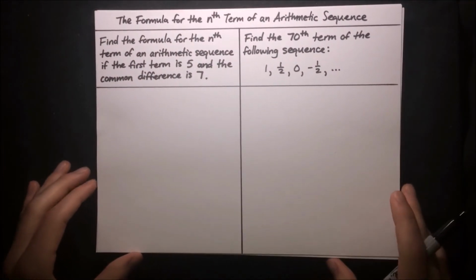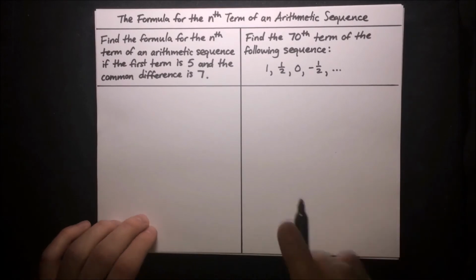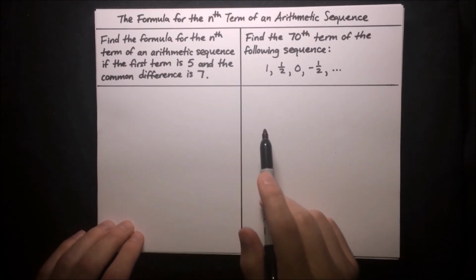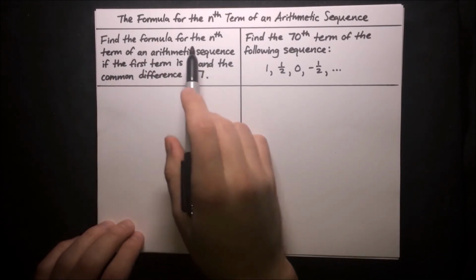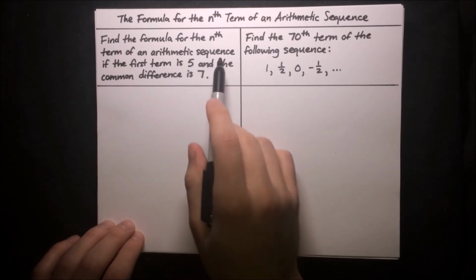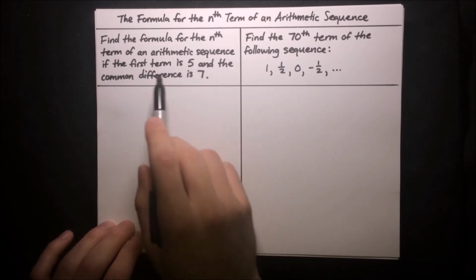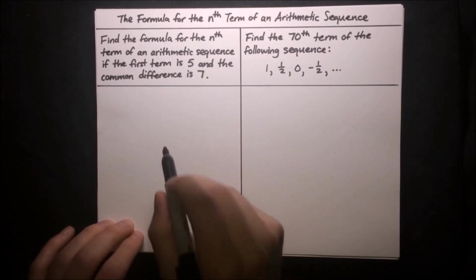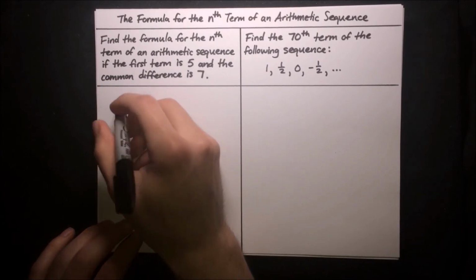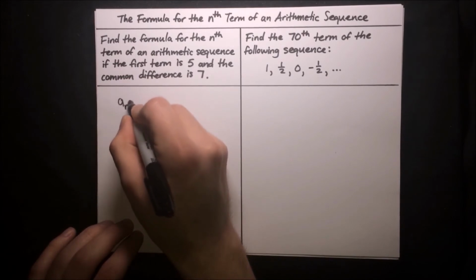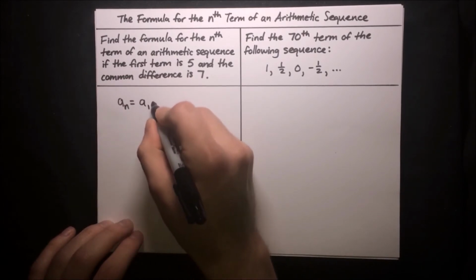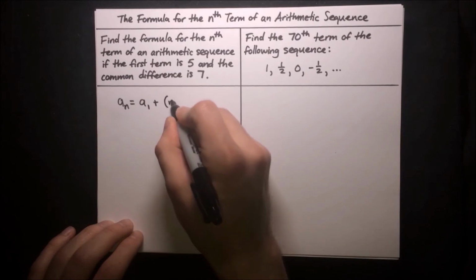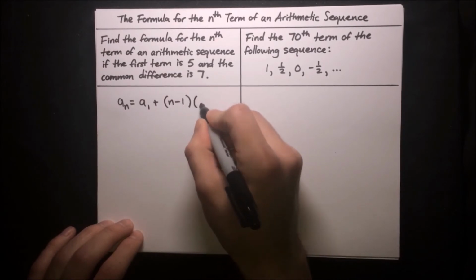Great, so now that we know how to write the nth term of an arithmetic sequence, let's go ahead and do some more examples. First of all, we want to find the formula for the nth term of an arithmetic sequence whose first term is 5 and whose common difference is 7. Why don't we start with the template that we created on the previous slide. We just have the equation an equals a1, the first term, plus n minus 1 times d, where d is